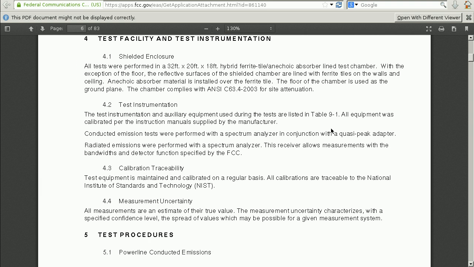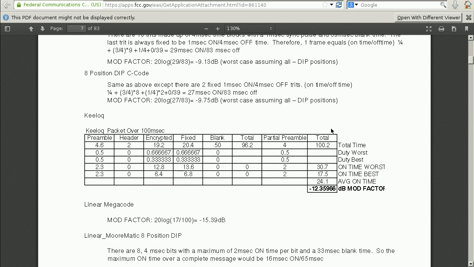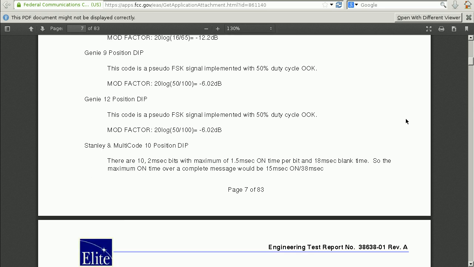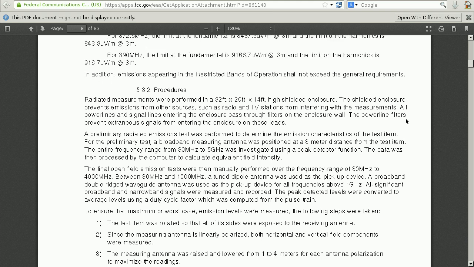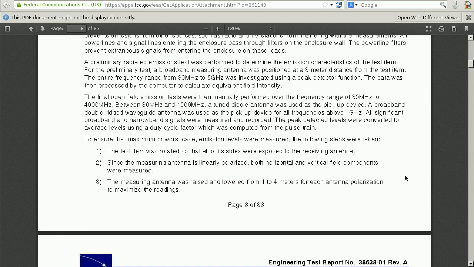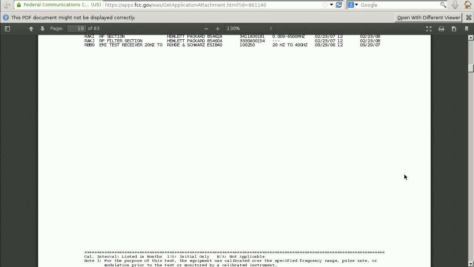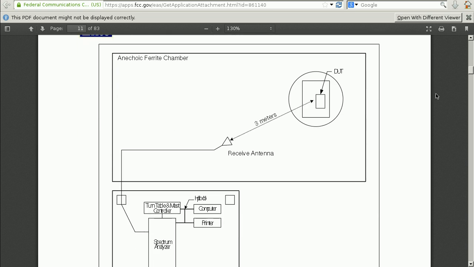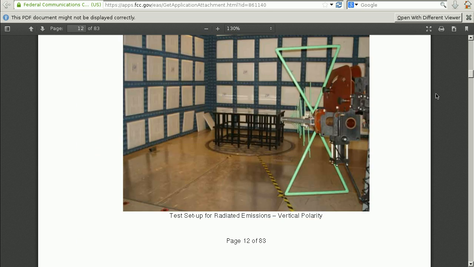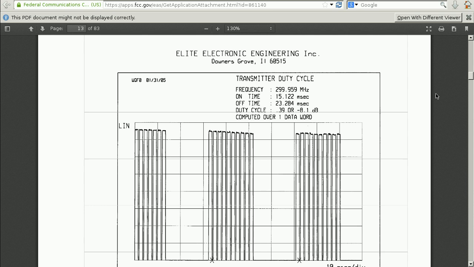If we scroll down a little bit further, we'll see some information about the results of the test. For the most part, this information isn't going to be too interesting to most of you yet. However, as you learn more about radio communications, you may find that you understand more of what this means and that it could be useful information. You can see a little diagram of how they set up the test and photos from the test. And then we get to these actual test results